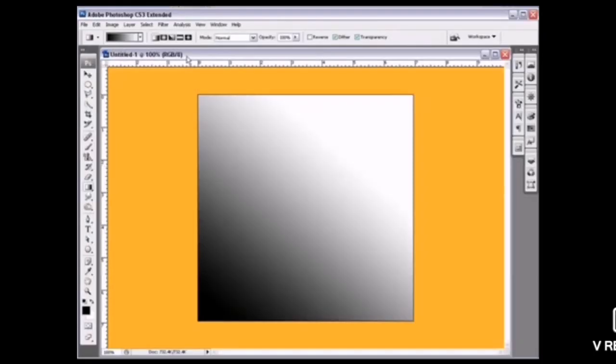Even you can do it from the right or bottom, any 2 corners. Now see, I have done it from bottom up. So this is the way we do it for the linear. Now I'll show you the radial. See, for the radial, I have selected it from the center to the corner. There you can see a shadow, like how it is in a spaceship or something. So that way we can see it.